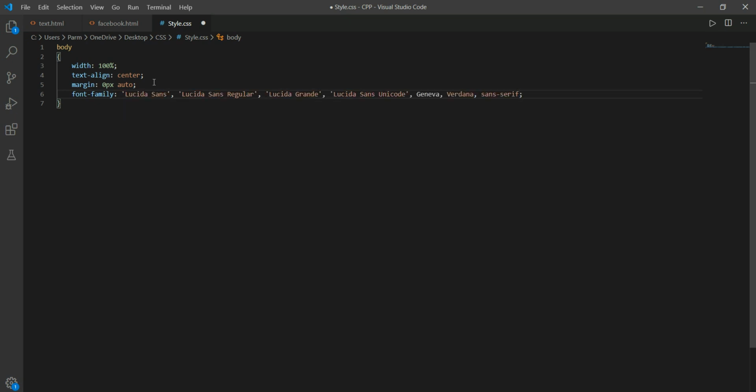So this font family I'm just going to take, and padding, if we see over there, almost 0 pixel is set over here.